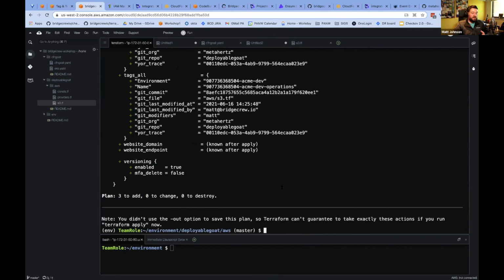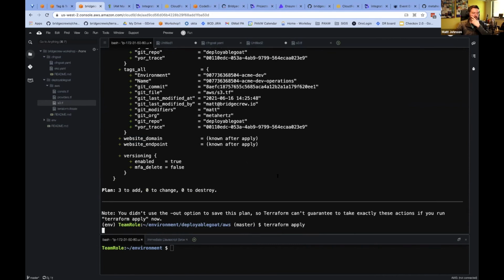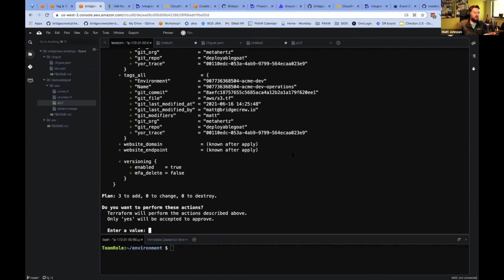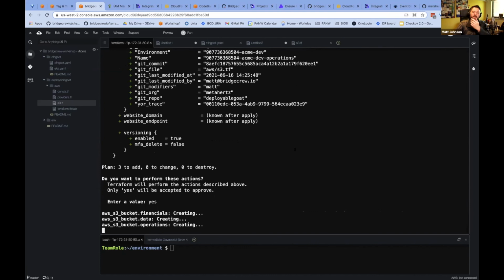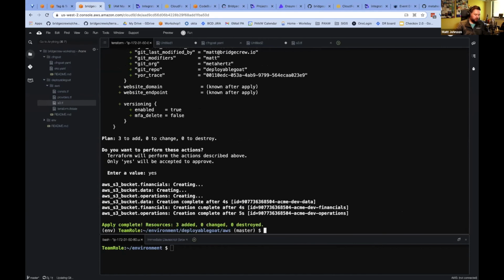buckets. And with that, for the first time today, we're actually going to do a Terraform apply. And we're going to go and create some resources and hit yes. We're going to go create some resources live in our AWS environment. And so once they are created,